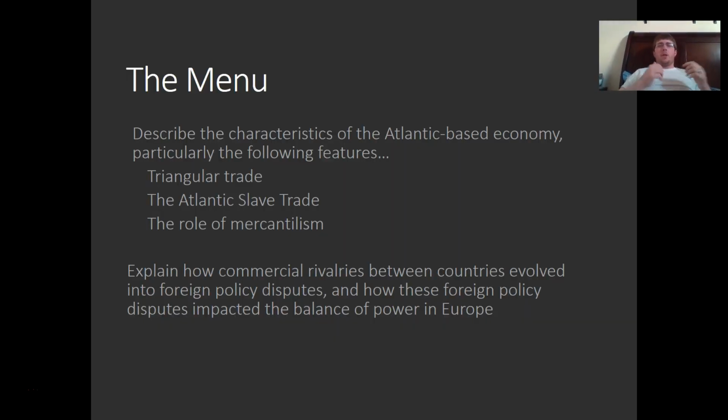So the menu here, we're looking at the characteristics of the Atlantic-based economy with triangular trade, the Atlantic slave trade, the role of mercantilism. Again, a lot of this is going to be reviewed. And then how do those commercial rivalries create foreign policy or political conflicts between the